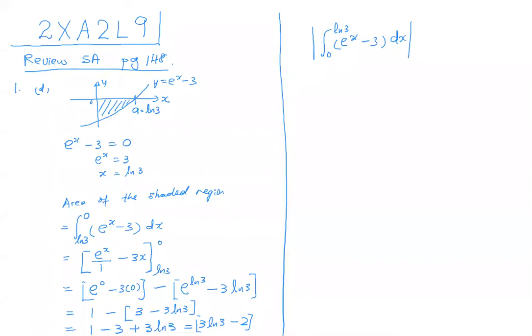The reason is that if I integrate this, I get e to the power of x minus 3x, from 0 to ln 3. Now, you look here. This one will be modulus of e^(ln 3) minus 3 ln 3, take away